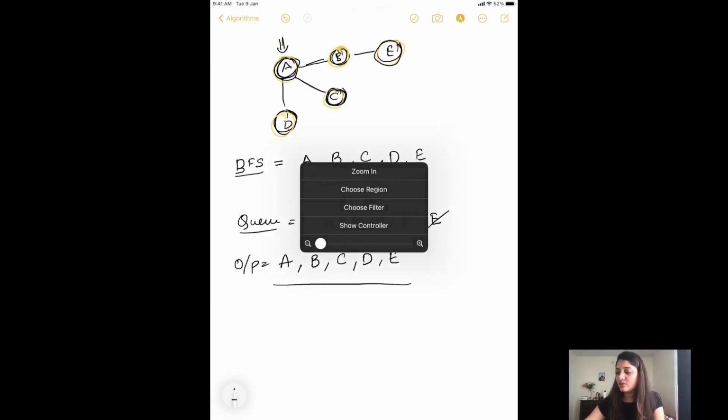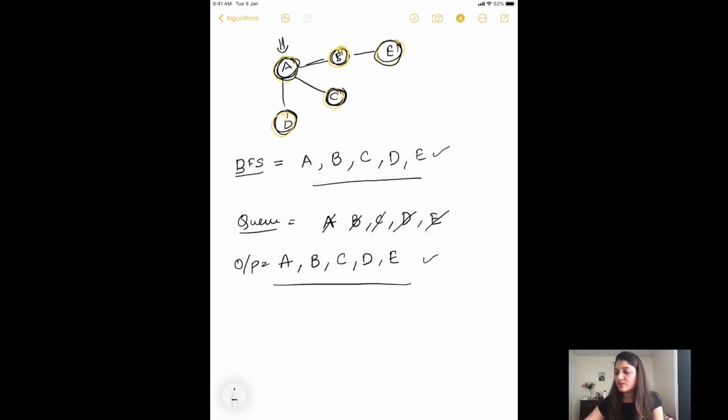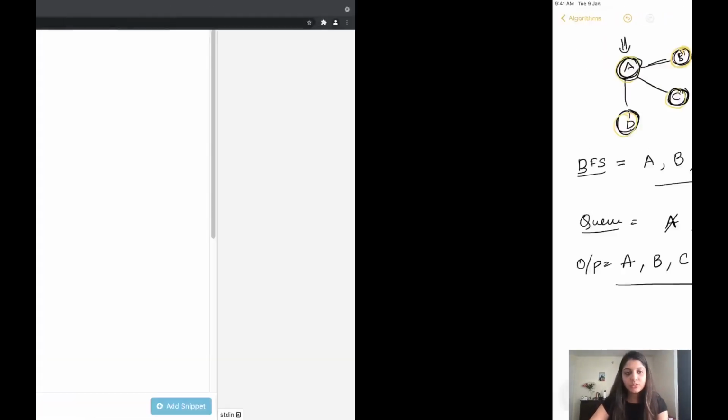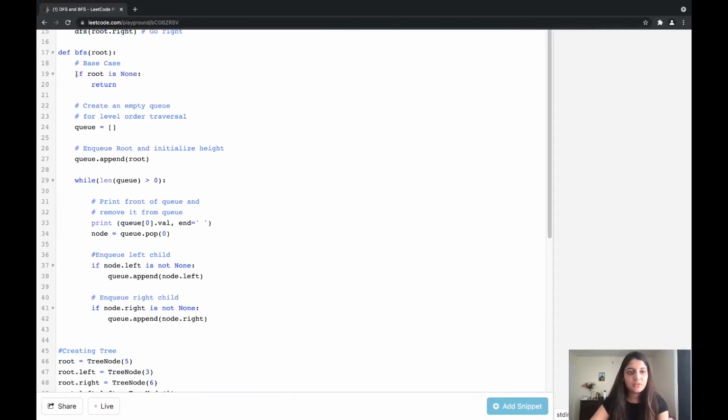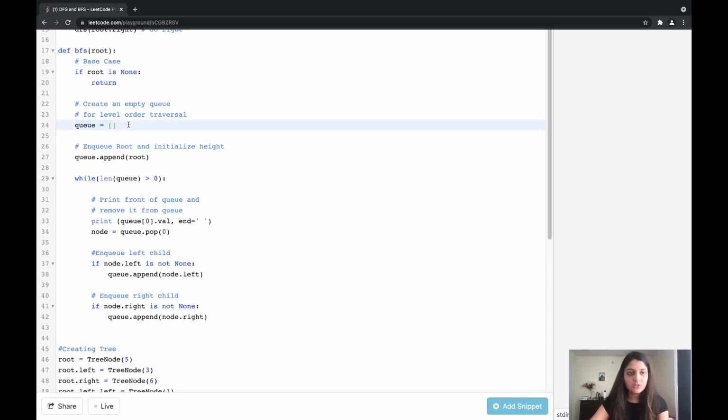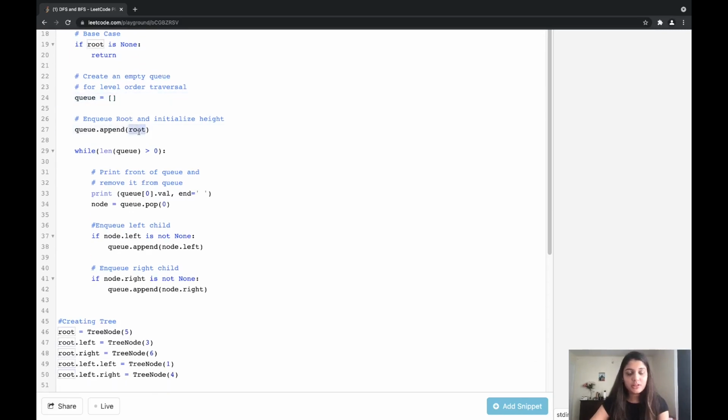This is the same output that we got without using a queue and just using our own algorithm, using the same concept, but I have just implemented this using a queue. Let's move to the code. The code says that if the root is none, if there is nothing in the root, we just return it. We create a queue. Here we append the root to it like we did in our graph example. Now, while the length of the queue is greater than 0, so while we have elements in our queue, what we are doing is we are just